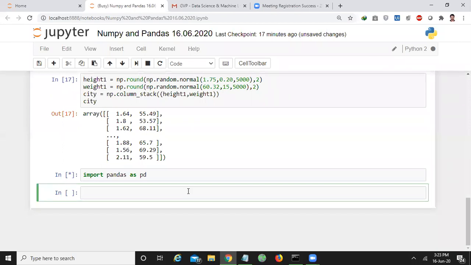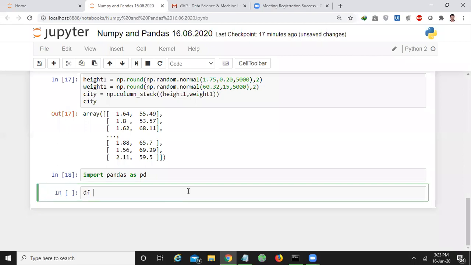Now first we have to know how to load data into pandas. I think all of you understand why we use pandas, right? Pandas is used to study the data that belongs to a particular domain. For that, pandas provides a data structure called a data frame.